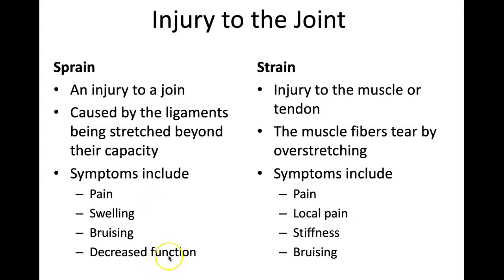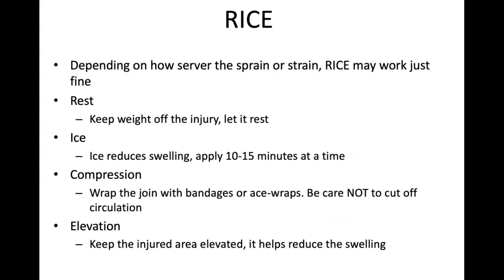The symptoms are going to be very similar, maybe more swelling with a sprain than a strain. So how do we treat these things? RICE. I'm sure from your technical areas you know about RICE: rest, ice, compression, and elevation are going to be the 4 big things